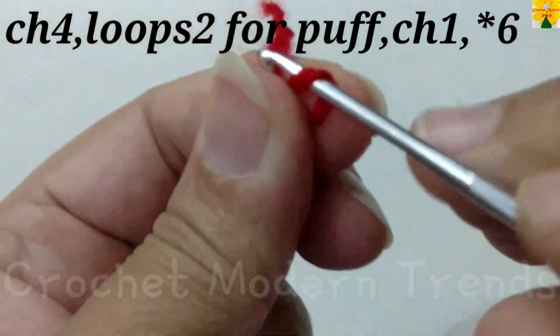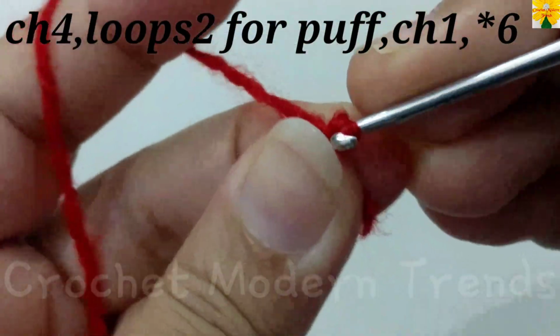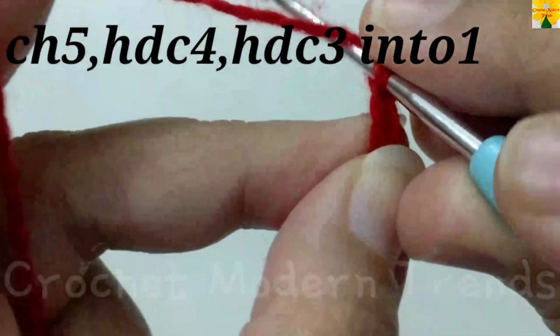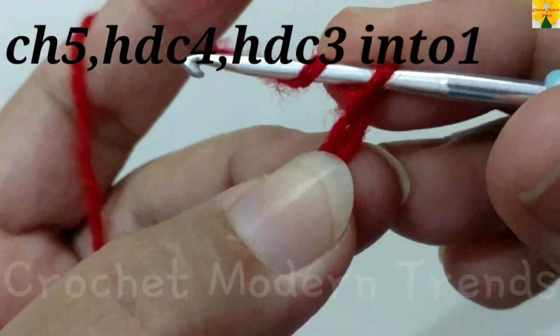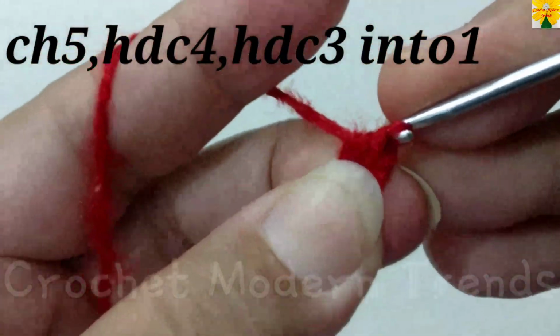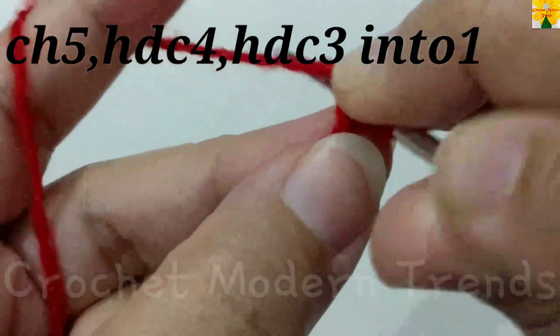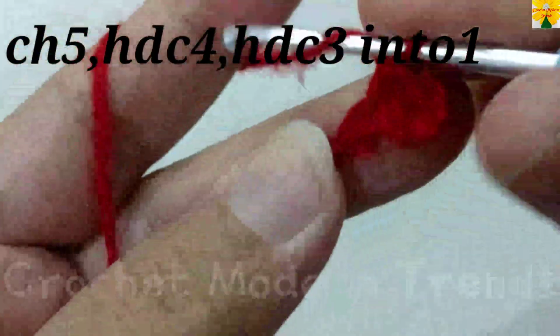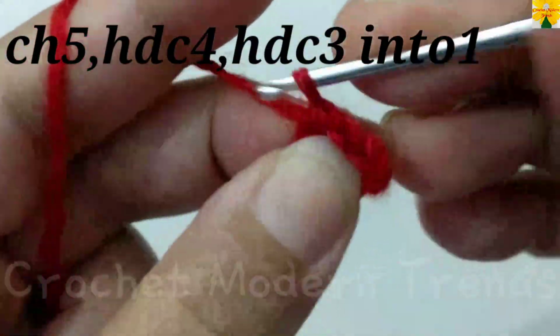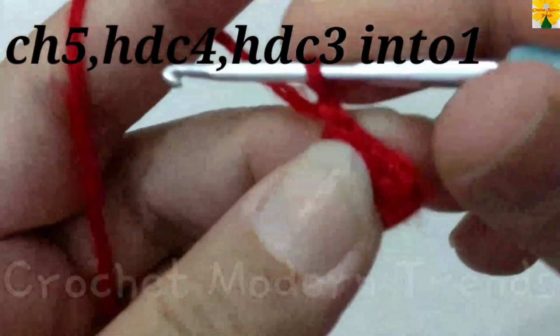So we have to pick up yarn of color red, chain 1, 2, 3, 4 and 5. Skip these 2 chains, into the next chain, half double crochet 1, into the next stitch, half double crochet 2, into the next stitch, half double crochet 3, chain 1, 2,